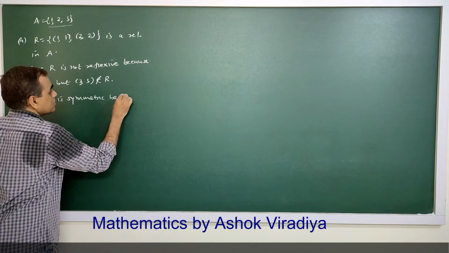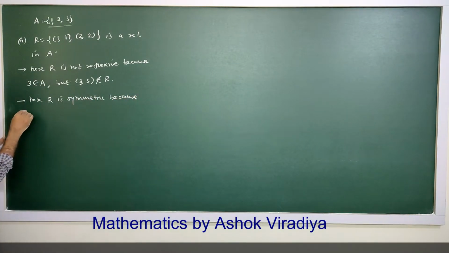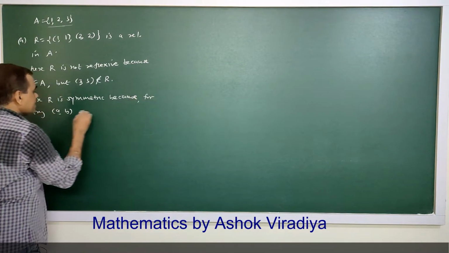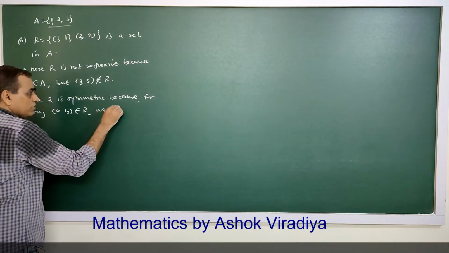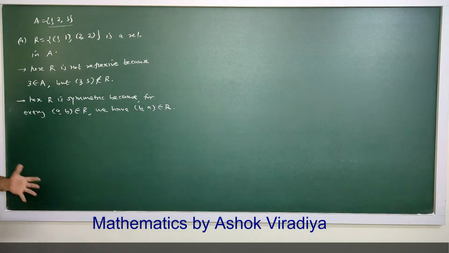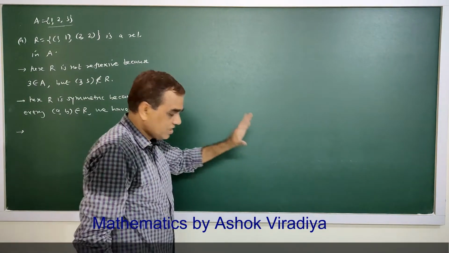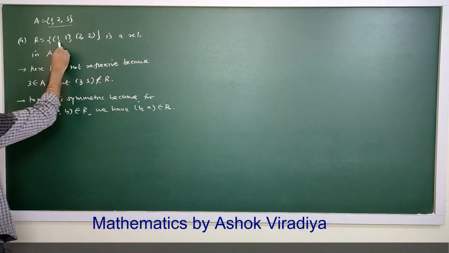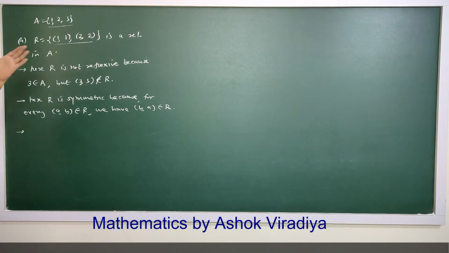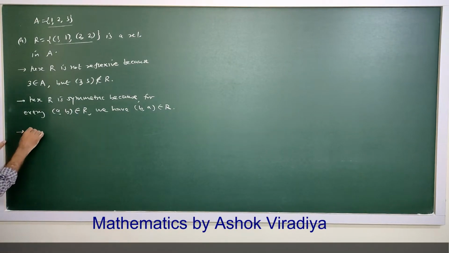Because for every AB belonging to R, we have its inverse BA belonging to R, so it is symmetric. Now is it transitive? As just discussed in example 3, here there is no existence of at least a pair of elements in which B is in common. So by logic, this is transitive. Here R is transitive